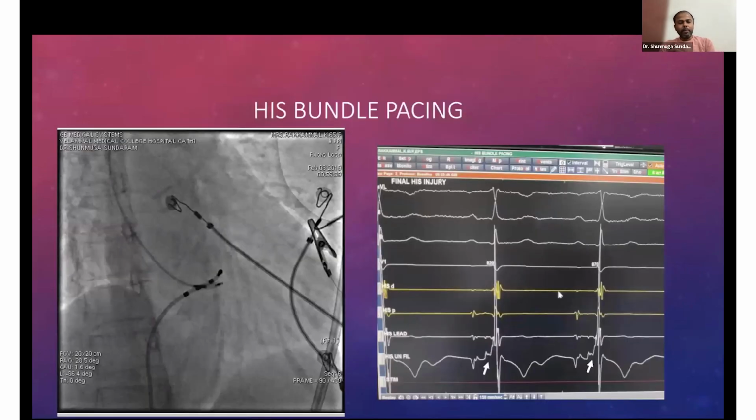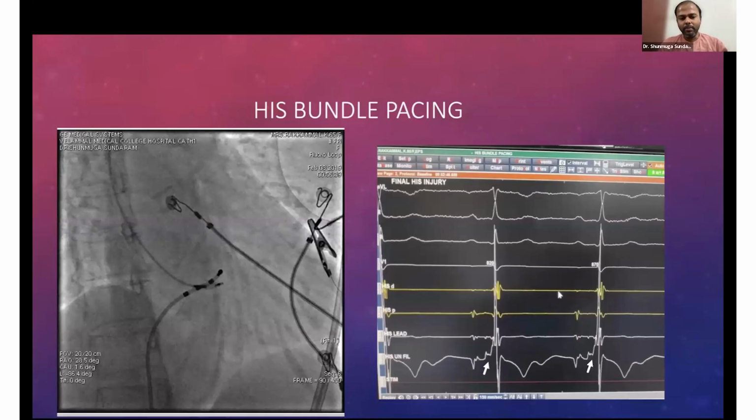His bundle pacing, which people are largely doing these days, but I feel every one of us should know how to do a His bundle, because it sometimes salvages the difficult left bundle procedures, which in fact happened to me a year back, where we had a difficult left bundle and we ultimately ended up putting the His bundle in. So when you have a groin His catheter in the His location,